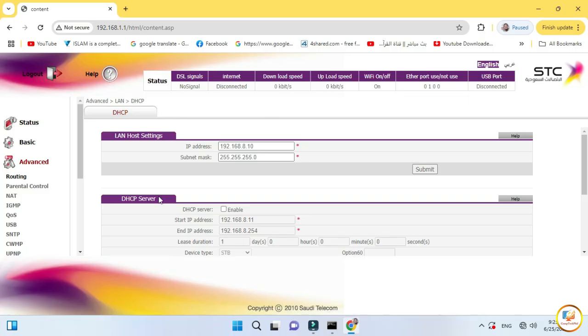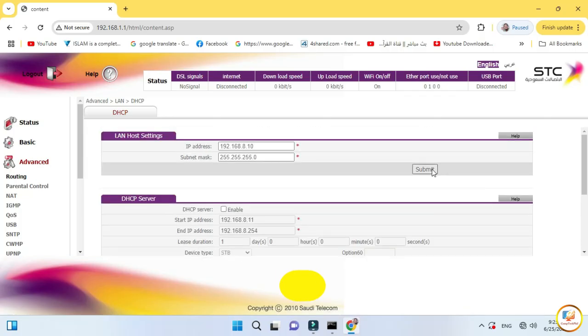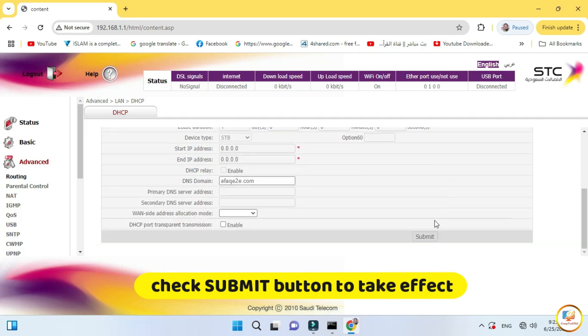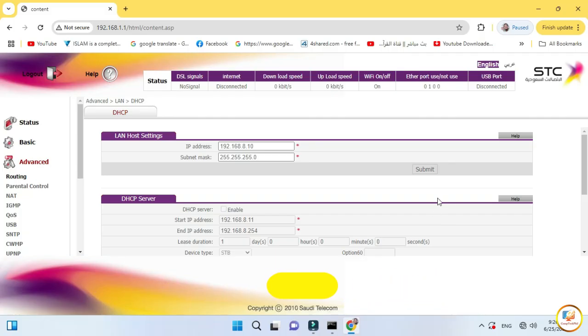So this is the final step in order to make this an access point. Now we're going to click submit to take effect the settings. Bismillah. Then after that, also submit the lower section.